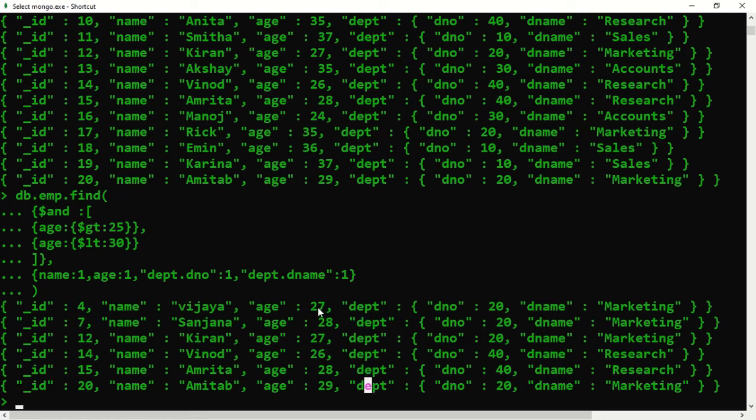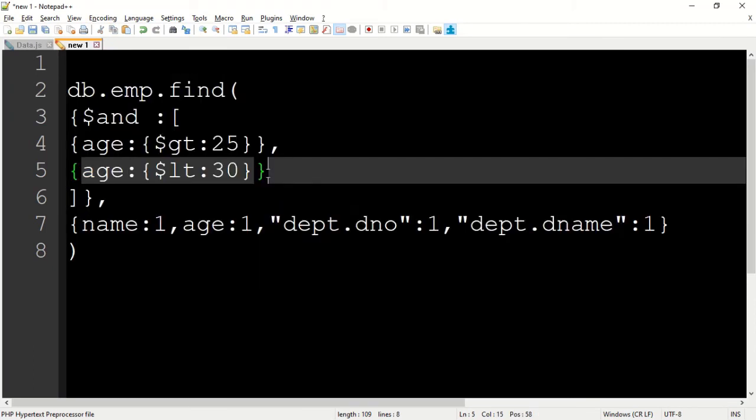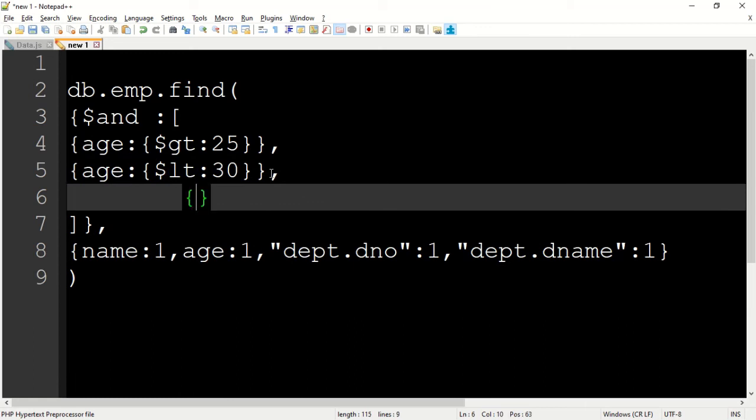Now let's see, from these records I want the persons whose department number is 40. So let's go to the notepad and I'll introduce one more condition: comma, press enter, and we say curly bracket. So our next condition is here.